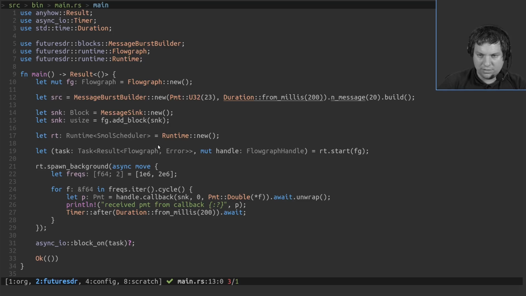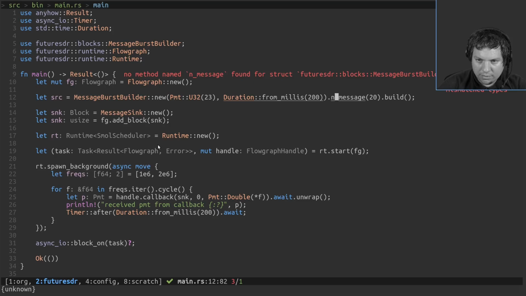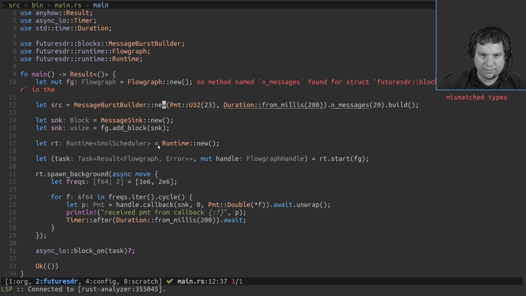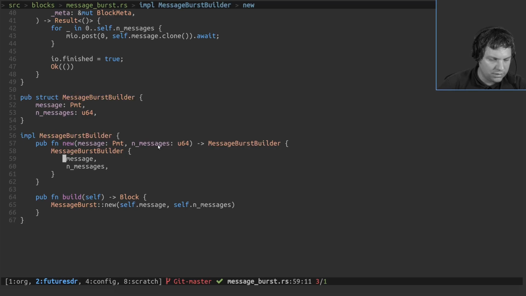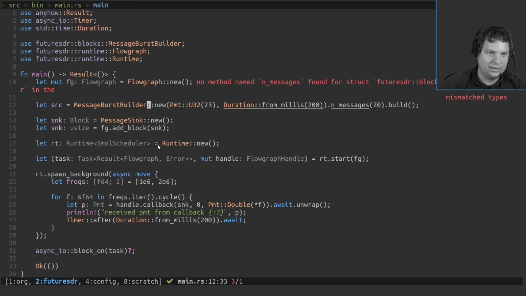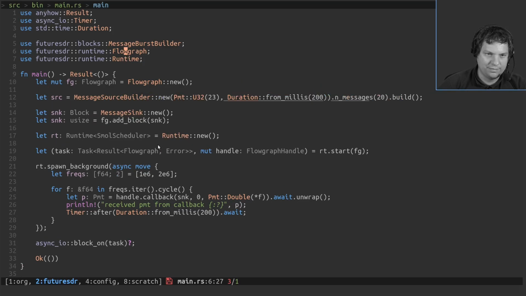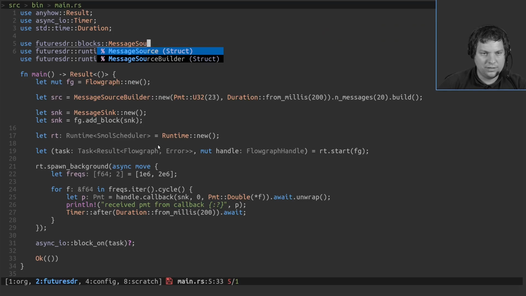No. Do we have a typo? No, it's called message source builder.